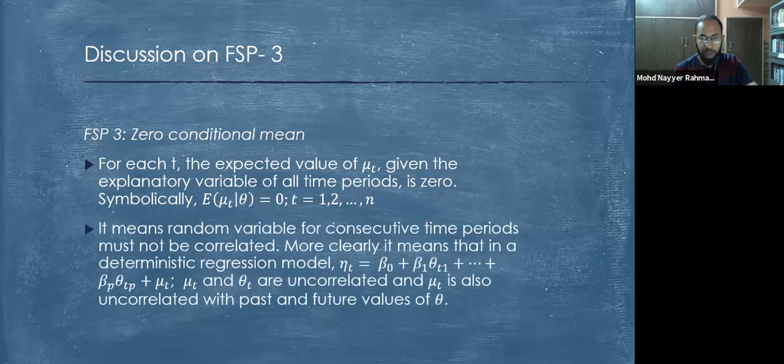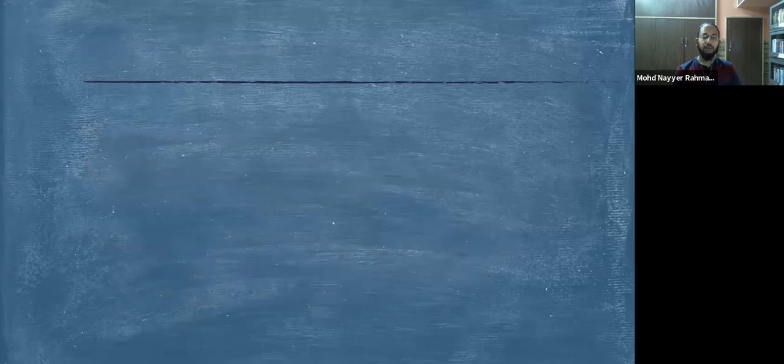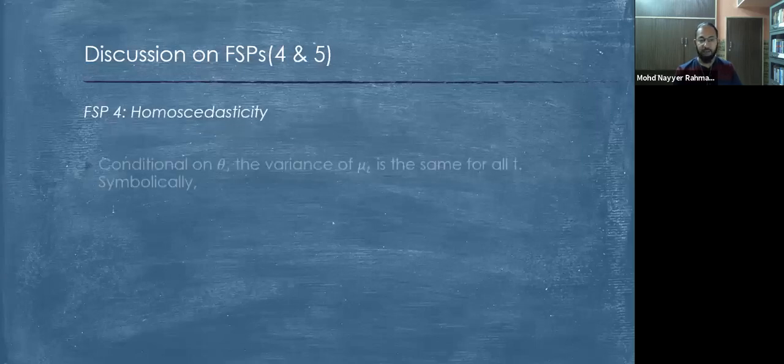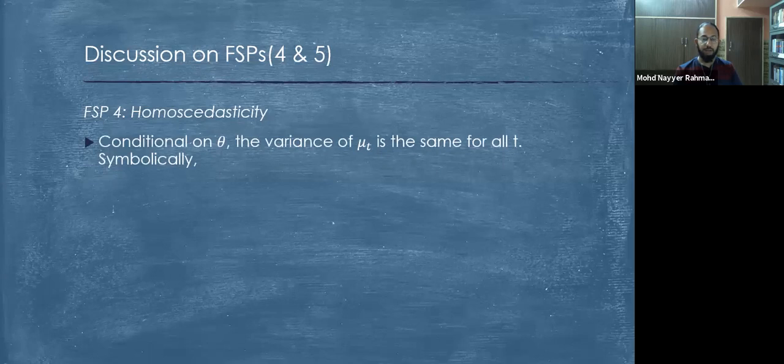Explained in simple terms, it means that the random variable, the stochastic variable or the randomness which we talked about in the last class, must not be correlated with the independent variables or with any past or future variables. Then we have finite sample properties 4 and 5. The fourth is homoscedasticity, which is an assumption,